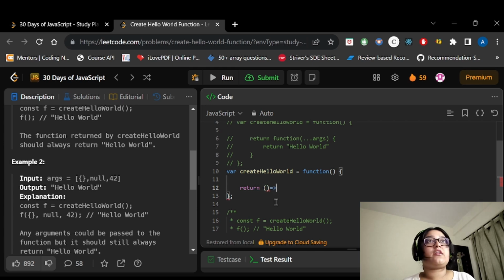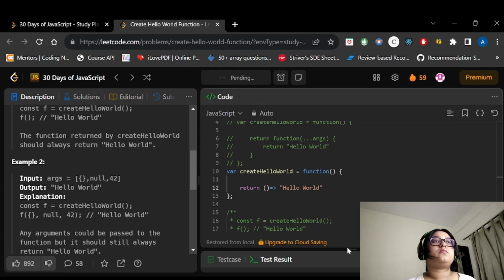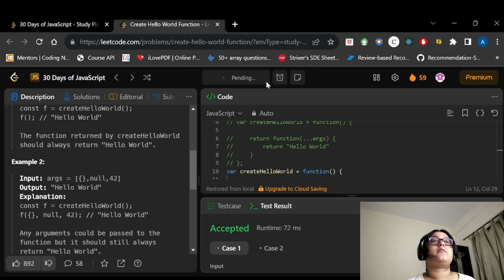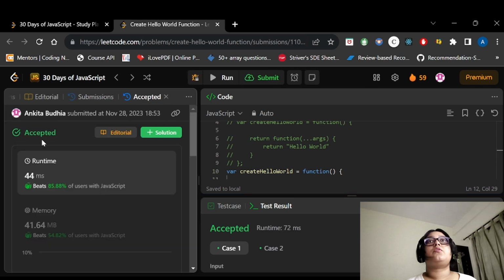So I have created this arrow function. Now I just need to return the string itself. So I will just write hello world. I will run it now. Let's submit it. So this is also accepted.